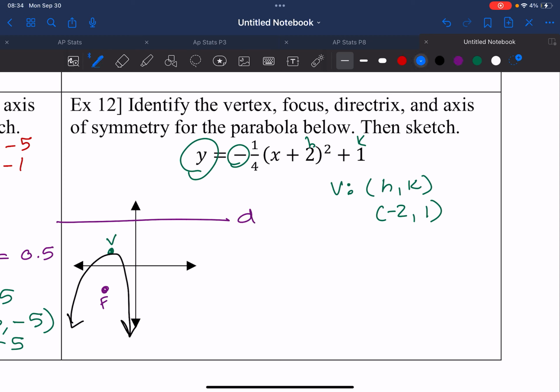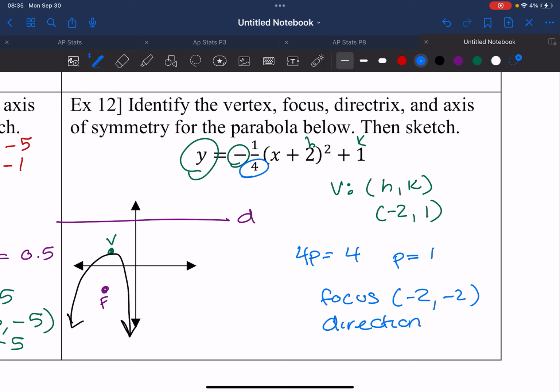So setting this 4p equal to 4, we get p is equal to 1. So that means we have a focus of negative 2, negative 2, because we went down 1, and a directrix of